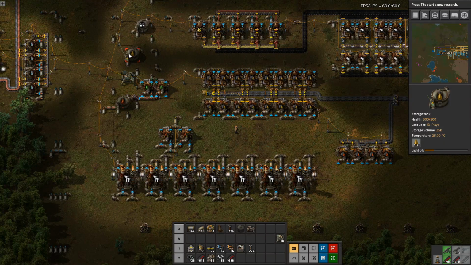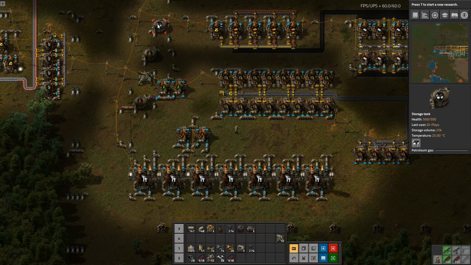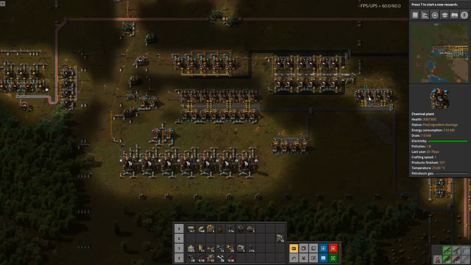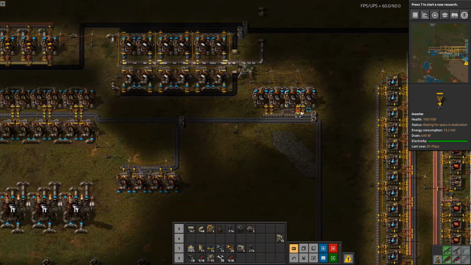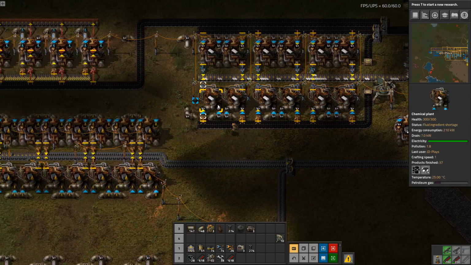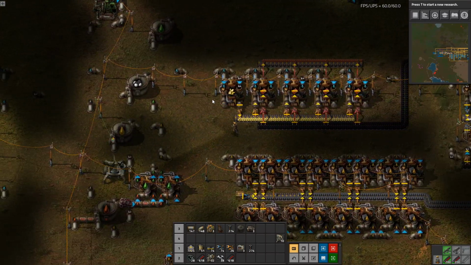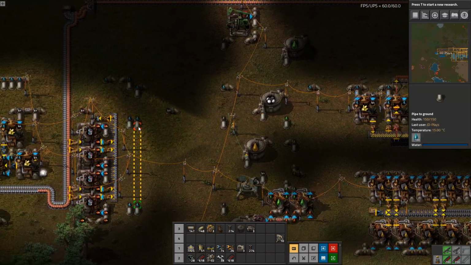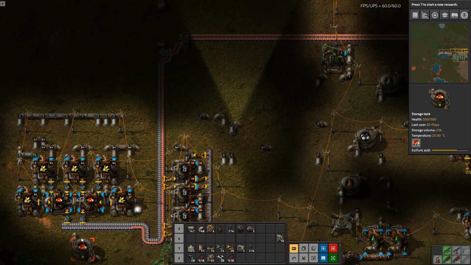We can see light oil is going up, heavy oil is going down, petroleum is still getting used as fast as we're producing it. So these guys are probably never ever going to do anything. At least that's the hope. And obviously, nope, you guys have no petroleum. You guys are backed up with petroleum because you're not doing anything. Petroleum's coming here and making a lot of acid. Unfortunately,